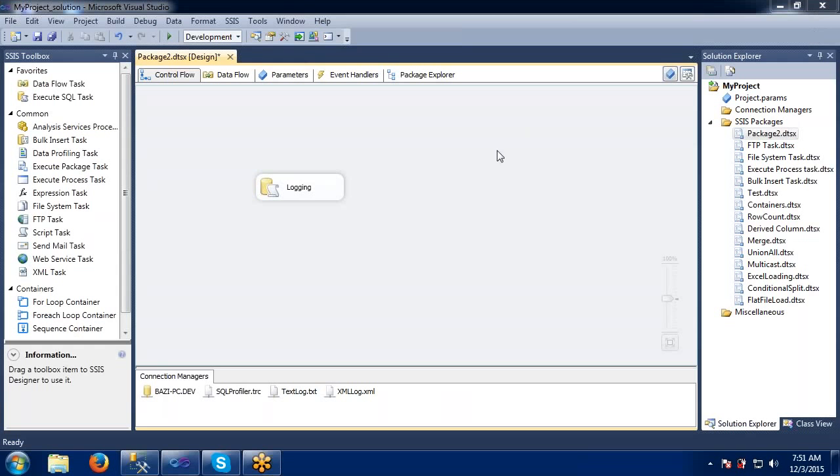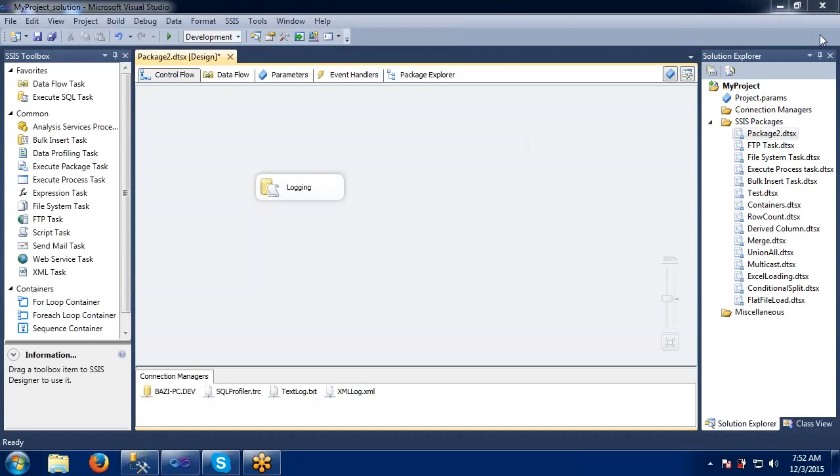Okay. So yesterday we have seen these logging techniques, right? Everything, all the options we have covered in yesterday's logging mechanisms. We have seen all the different types of logging, how we can capture the error, all these things, right? So today we are going to work on the event handlers.